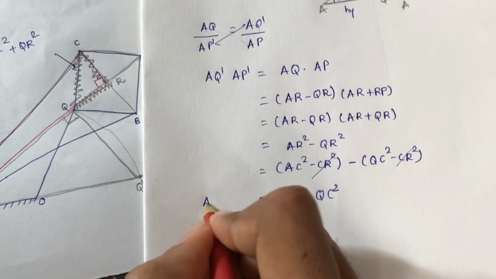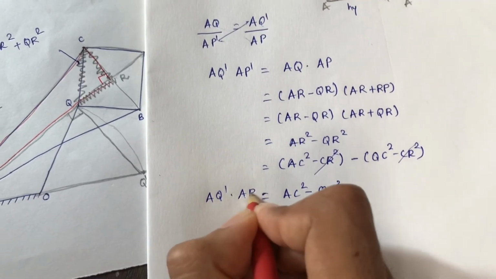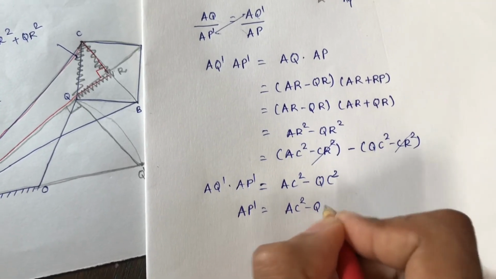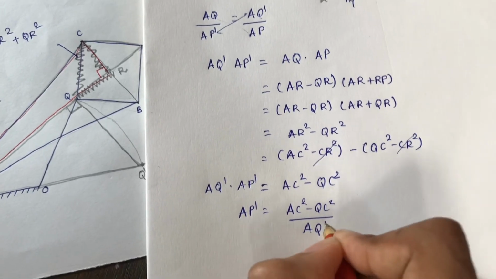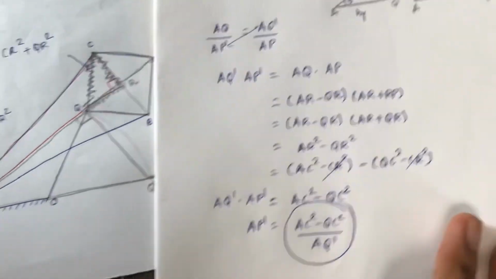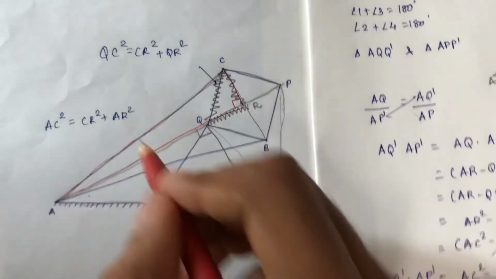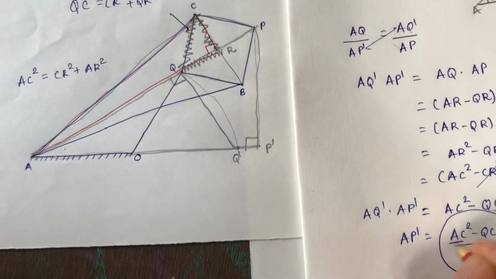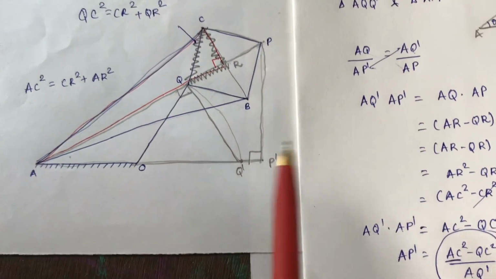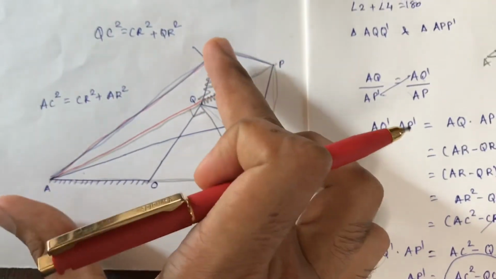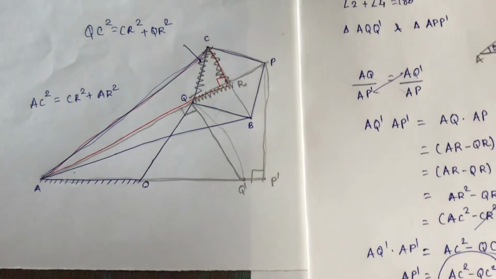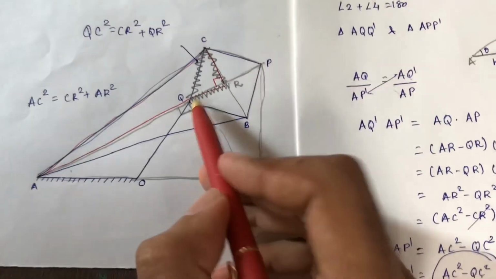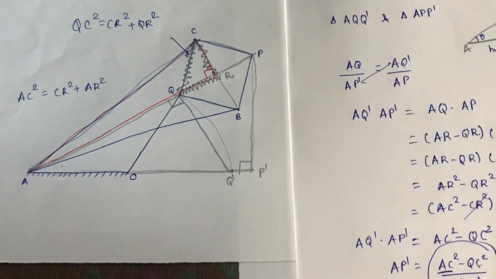On this side it is AQ dash into AP dash. So when you consider AP dash, it is AC square minus QC square upon AQ dash. Now observe these three. AC, where is AC in this diagram? AC is over here, that is a fixed length. So the length remains fixed, so it is rigid. AC is one link, so it never compresses or elongates. It is rigid, meaning the AC distance remains the same, constant. So AC is constant. Now let us observe QC. Where is QC? Yes, QC is also one link. So again it is a constant value.